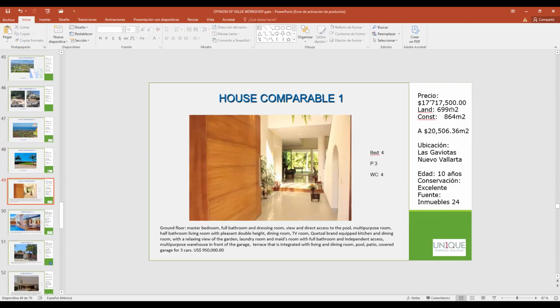The land is 699 square meters, construction 800, etc. The price, the location, the age, conservation, and the link. And here's some information: master bedroom, full bedroom, and dressing room. So I have all the information and the price in dollars.